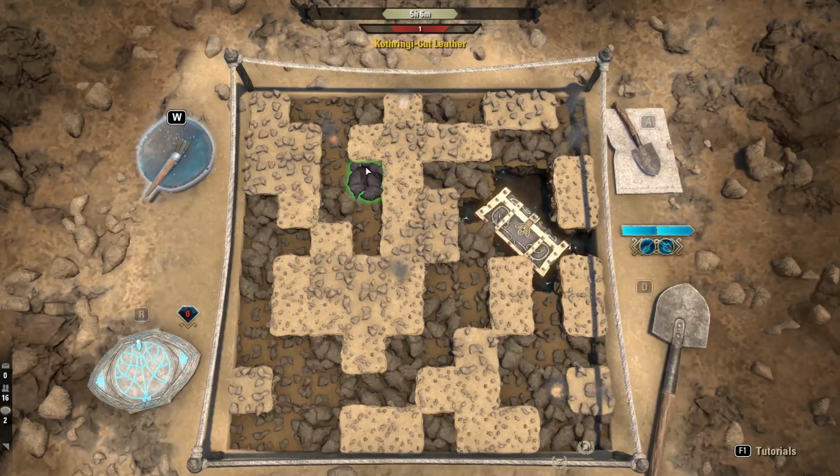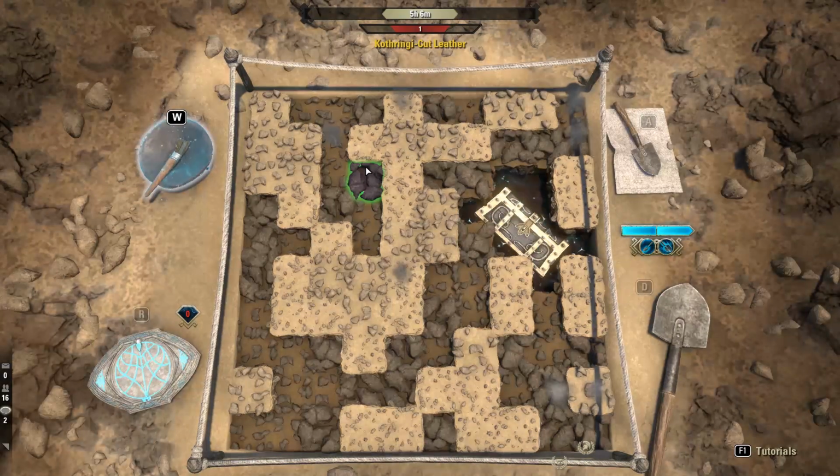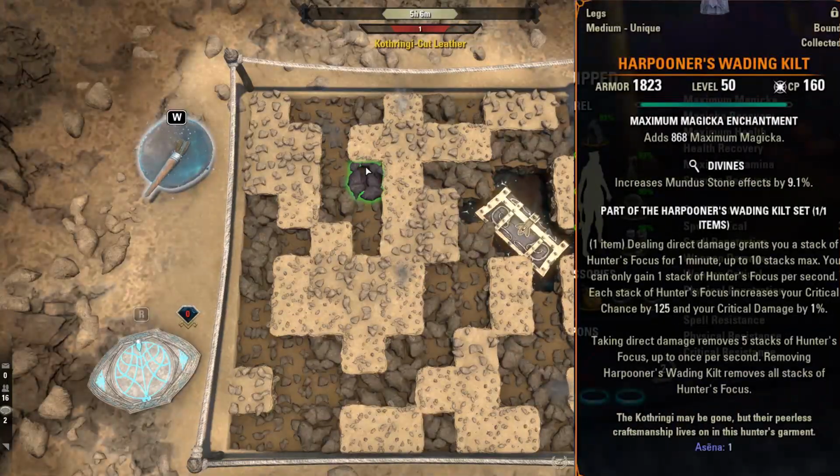In this video, we're going to be talking about how to find the 5 mythic leads for the Harpooner's Waiting Kilt. Now, what is the Harpooner's Waiting Kilt? Well, it's one of several new mythic One Piece item sets that came out with Update 30, otherwise known as